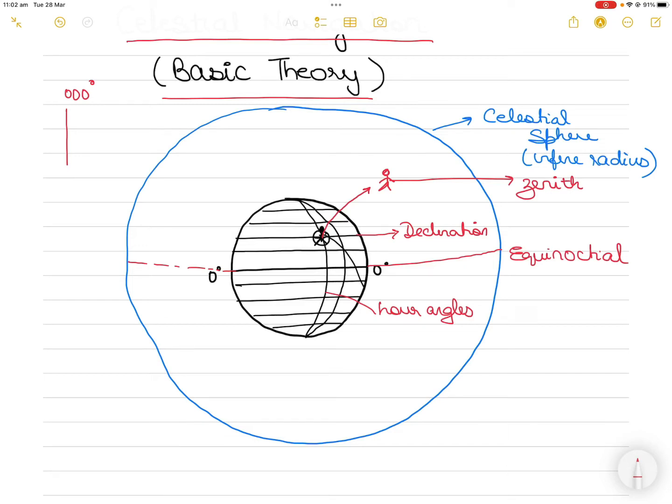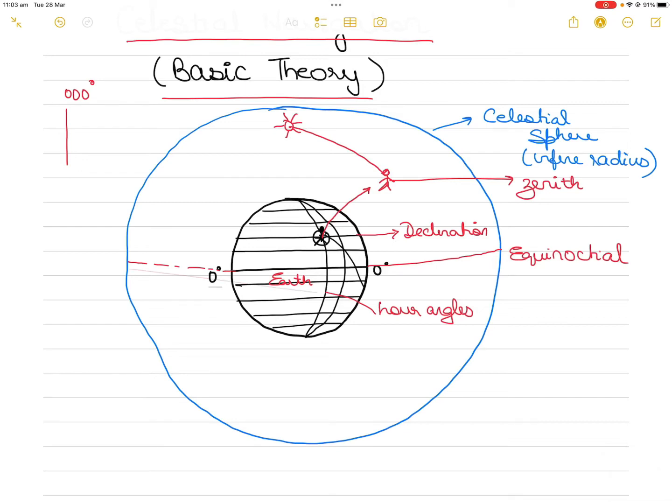So when the position of the observer is projected from the earth to the celestial sphere, we call it the observer's zenith, and then we measure the position of the observer in the celestial sphere with respect to a celestial body. We can call it a sun or a moon or a star or a planet. And how we do that is by measuring the angular distance. Now, what is angular distance? I will explain soon. So a position of an observer is calculated with respect to the angular distance it maintains